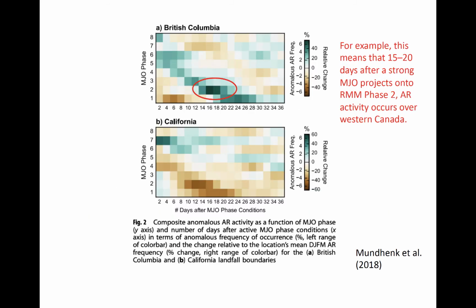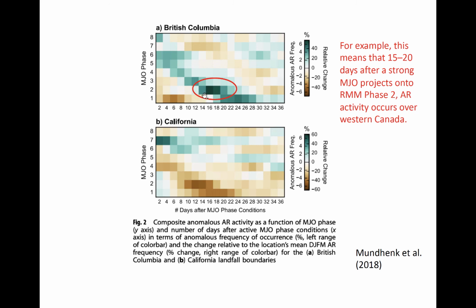This type of delayed response can be seen in Hovmöller-like plots that use MJO phase on the y-axis as a proxy for time increasing going upward, assuming that the MJO phase always progresses forward from 1 to 8 and then back around. We'll see more plots like this in the paper discussion for this topic this week. Shading on this plot represents the anomalous frequency of atmospheric rivers at some time period listed on the x-axis after the phase shown on the y-axis. Plots are shown for the Pacific Northwest, specifically British Columbia, and for California.